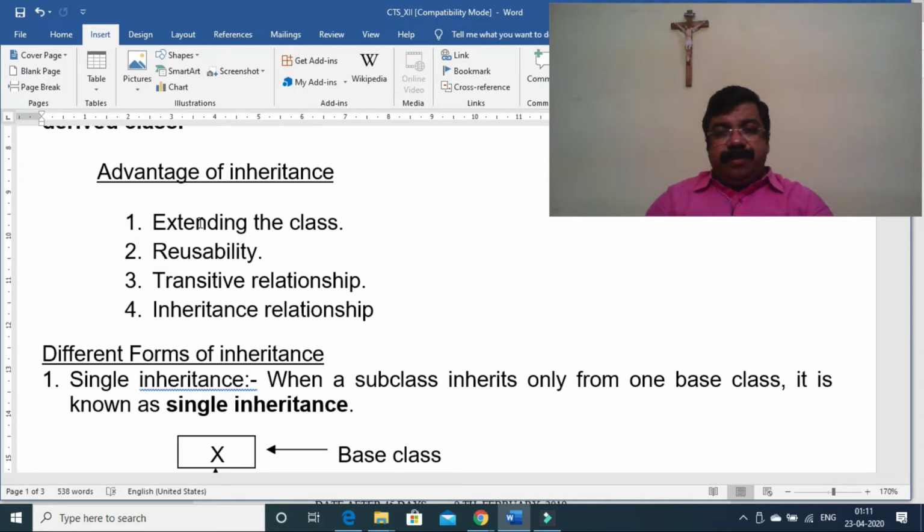Then after that we come to the next point, which is transitive relationship. What is this transitive relationship? The relationship is not a direct one, but an indirect one. Take this example